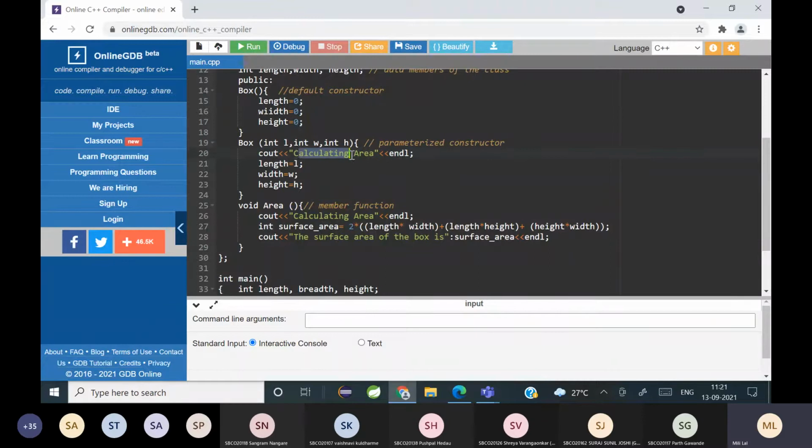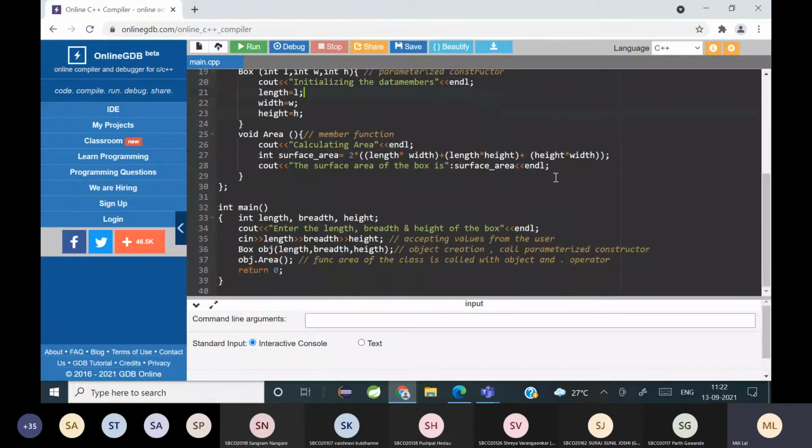And here you can write initializing the data members. Fine. So these are all logging statements if you want to understand. Yes, so we are done with the code. Any doubt so far? Is it clear?